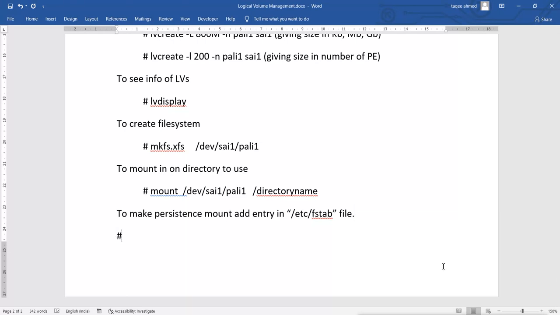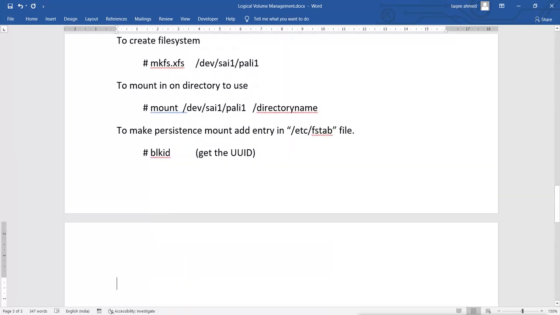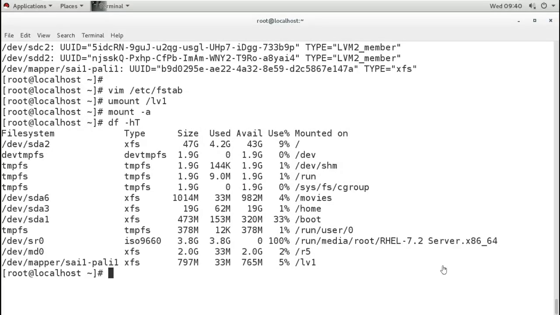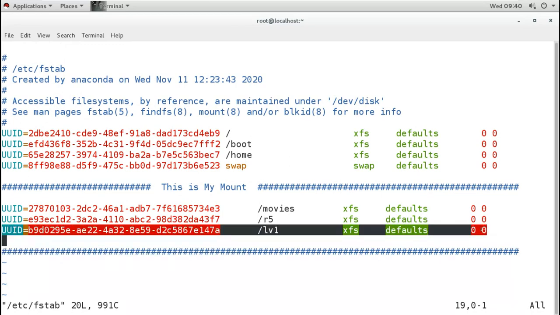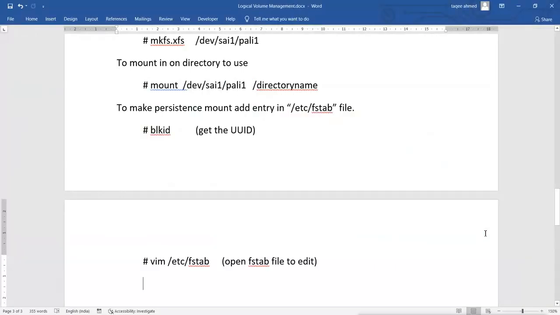So first we will get the blkid, get the UUID, and then open the fstab file to edit, and we add this entry like this.